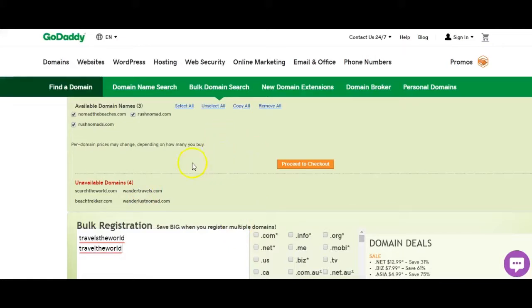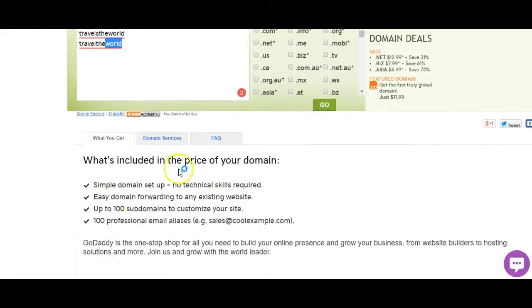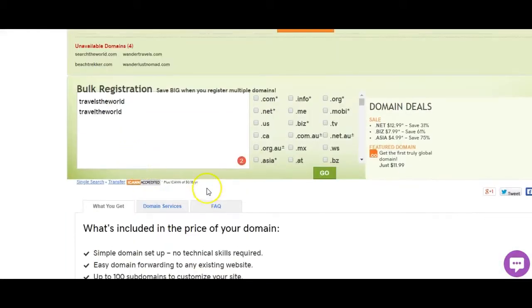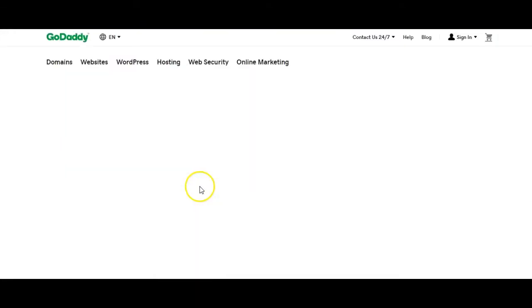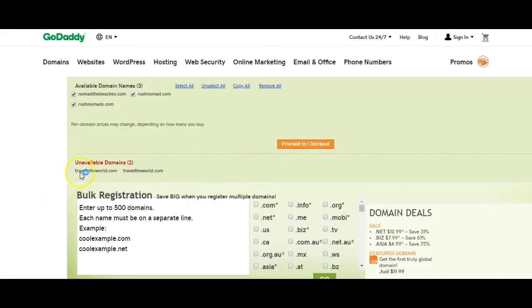So I love this. I've also taken different names and words within a spreadsheet and scaled it out and then plugged it in here. And then again, once you hit go, it's going to show you right away whether those names are available. So there you see it keeps the names that I already had, and those 2 that I just typed in are unavailable.